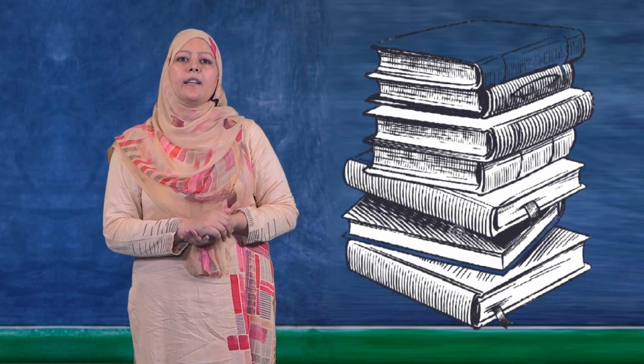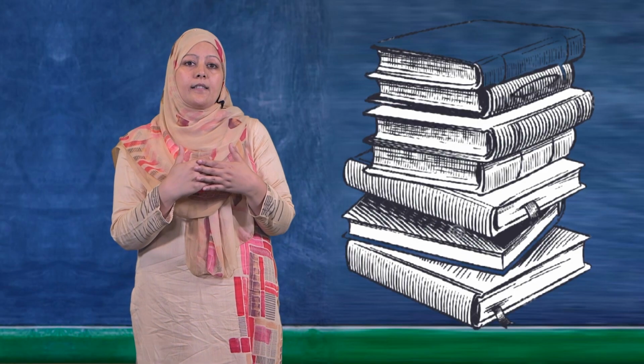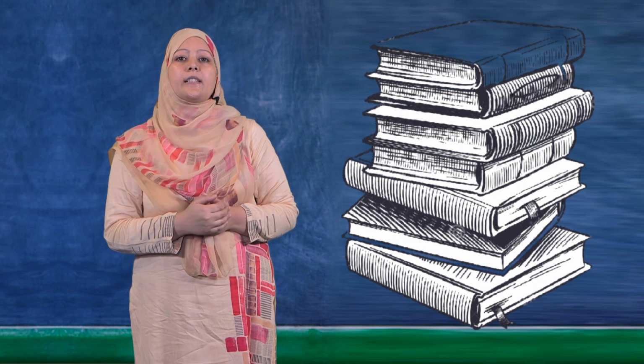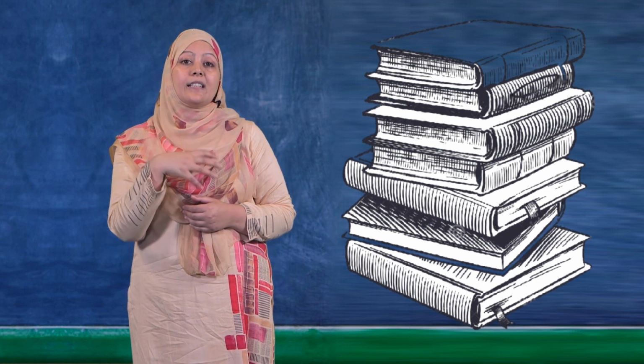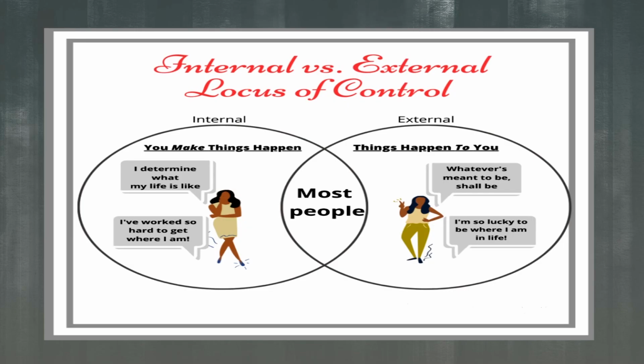Some people believe that they are solely responsible for the rewards or reinforcements that their environment provides for them. These people are referred to as internals because their rewards are perceived to be under their internal control. People who believe their rewards are due more to luck, chance, fate, or other significant people in their lives are referred to as